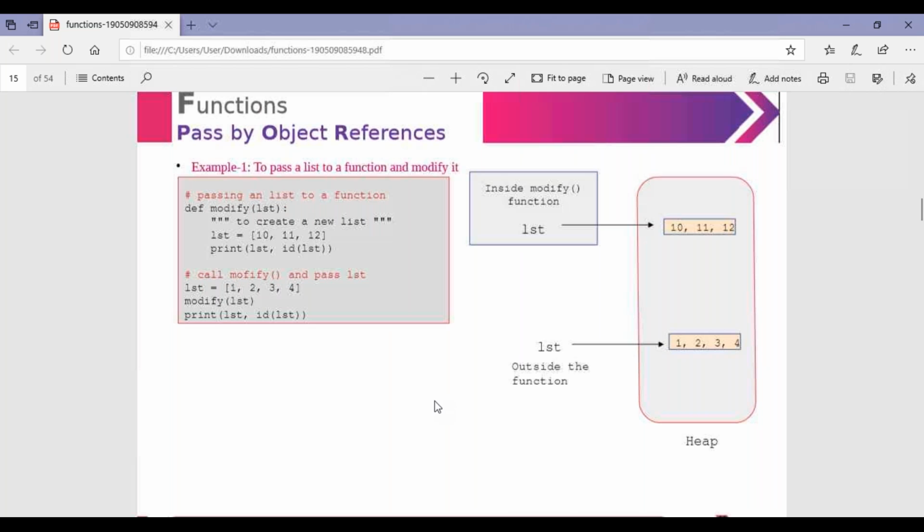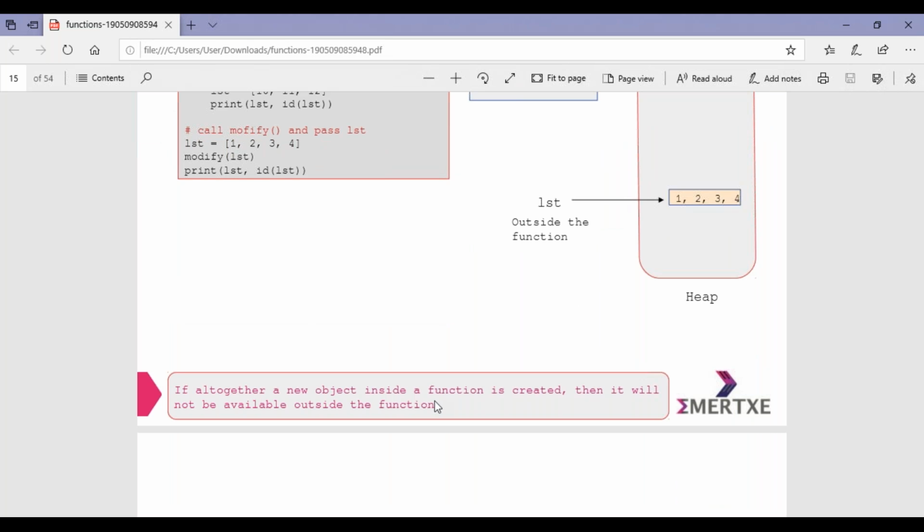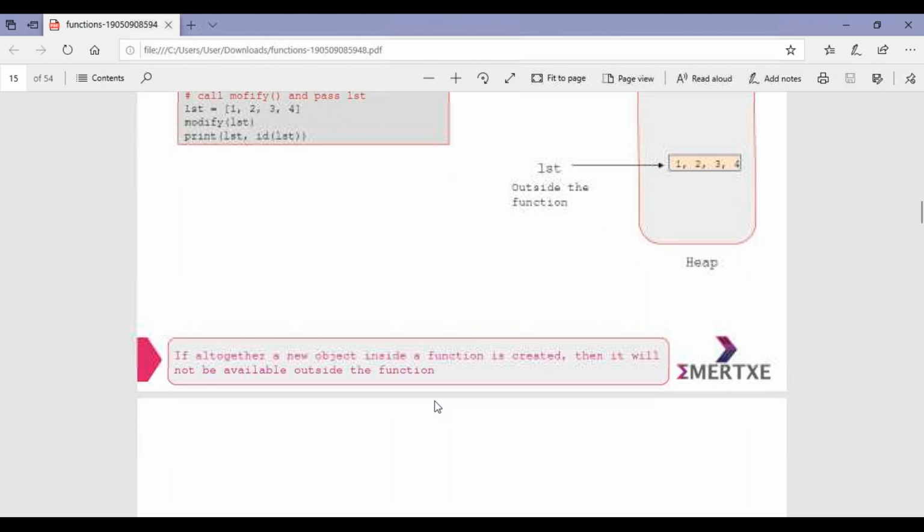Now, if altogether a new object is created inside a function, then it will not be available outside the function. Please make a note. So if altogether a new object inside a function is created, then it will not be available in the